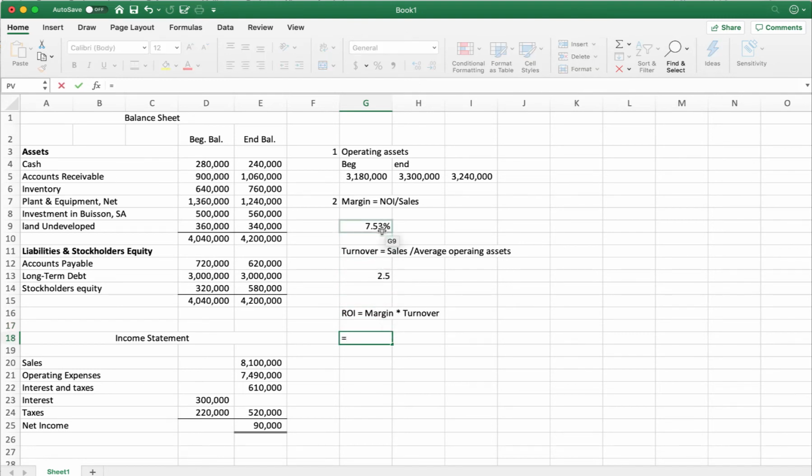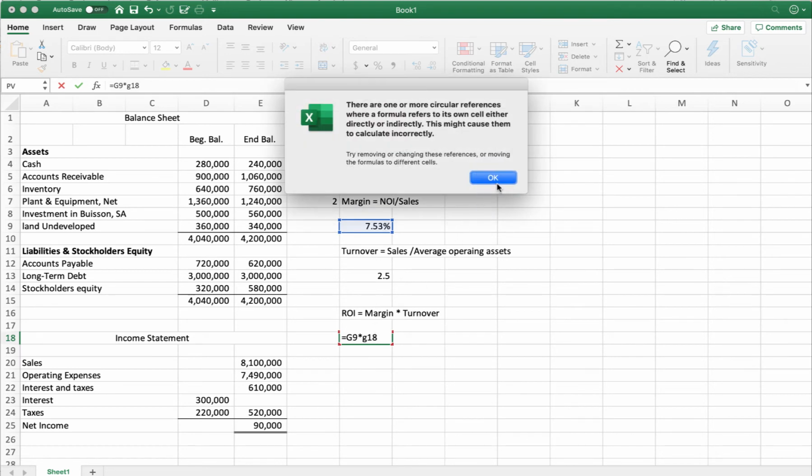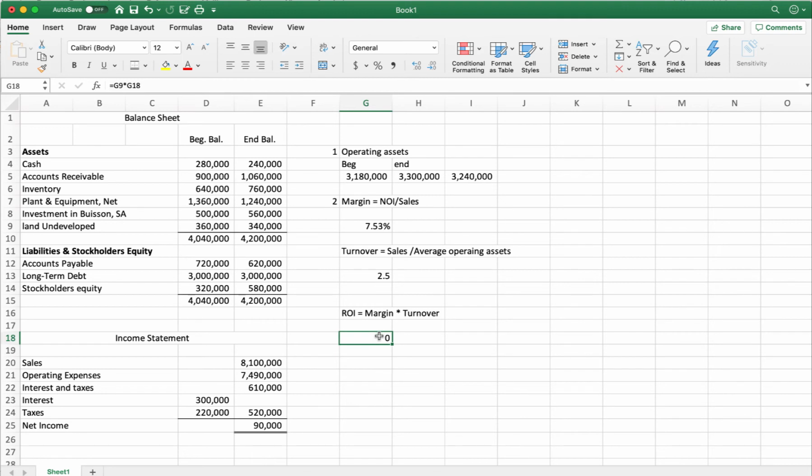So if I take my margin of 7.53%, which is in cell reference G18, forgive me, my margin times my turnover, and I see that my ROI is 18.83%. Okay? So the third thing